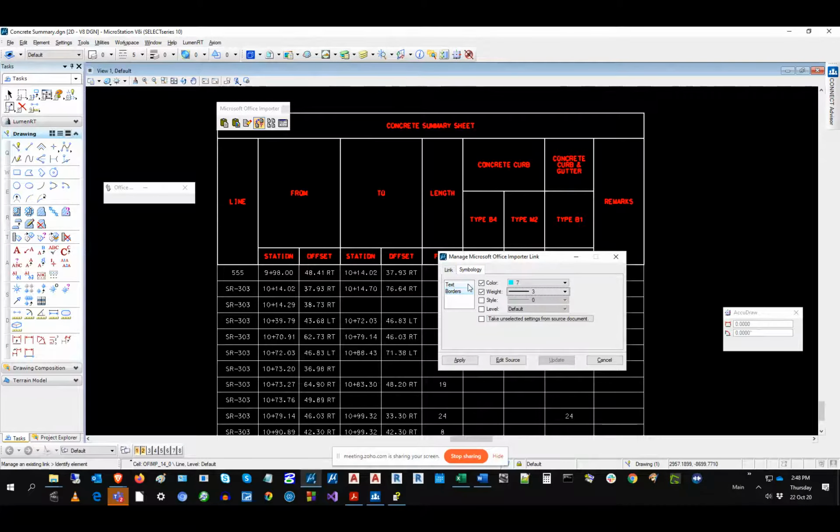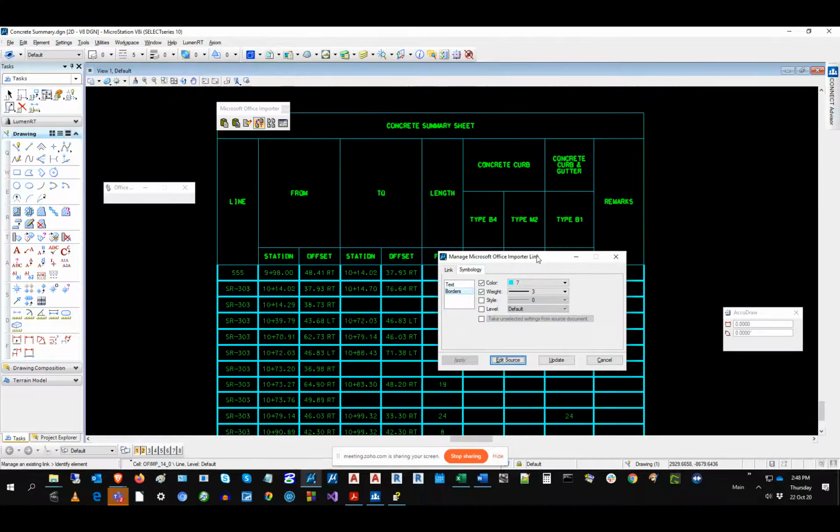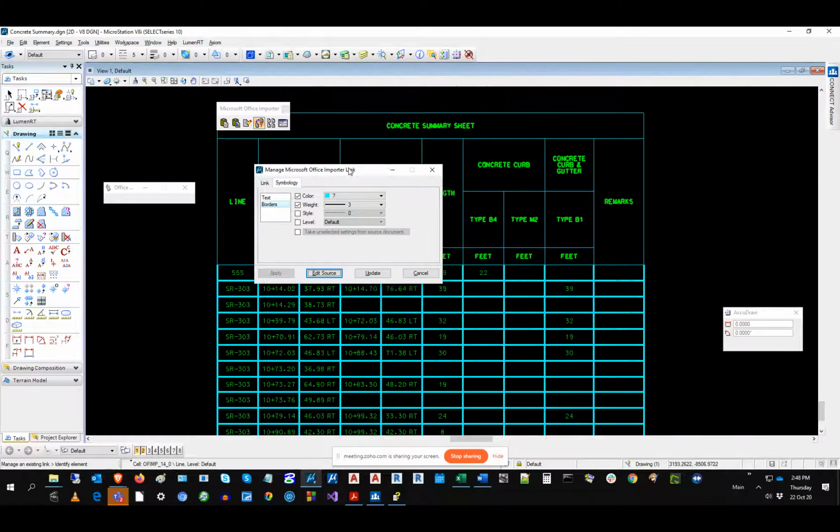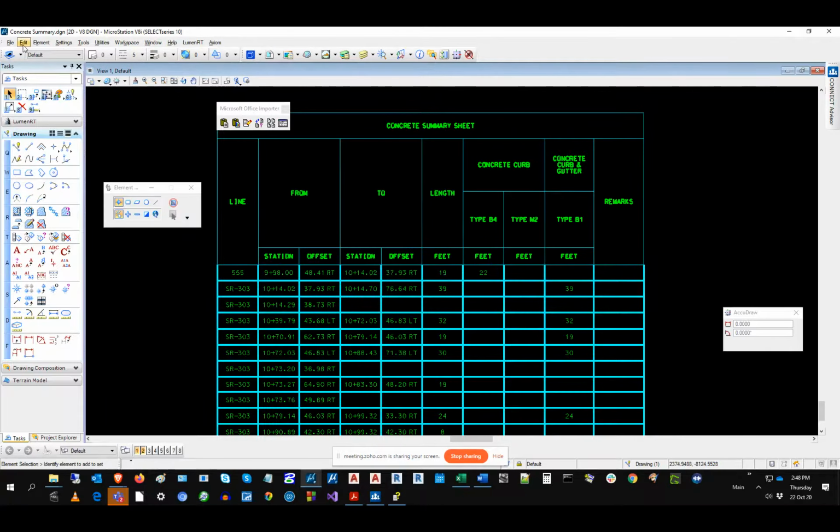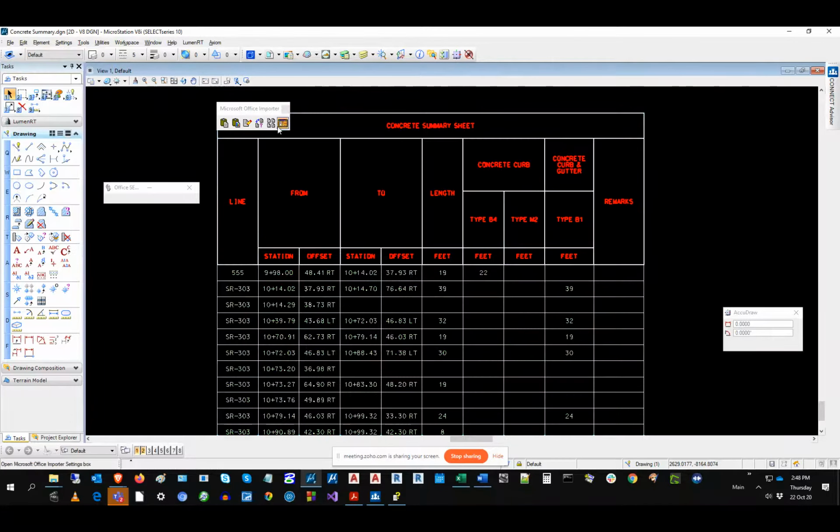You would want to set those settings in the Excel file, and then the paste, the way it's converted, it will duplicate those as close as it can when you do your paste in MicroStation. But again, here, and also in the symbology settings in the settings, when you apply them, they apply to all of the text and separately all the borders. So if I click Apply Now, notice what I just did. So that's applying symbology. Then when I go back to the settings,